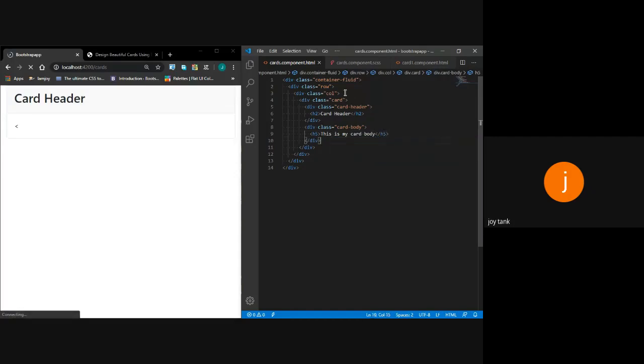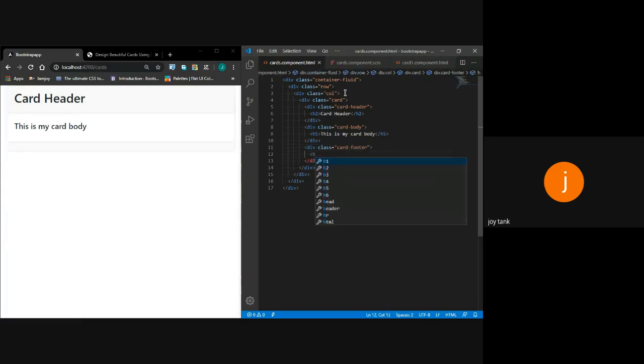And I will create the card. That card I will see. So I've created a simple card. You can see that I have not used any CSS here. I've used predefined classes of Bootstrap and created a card.